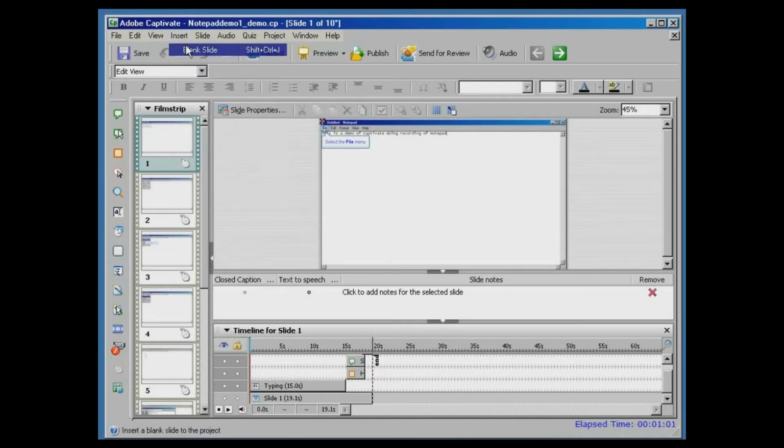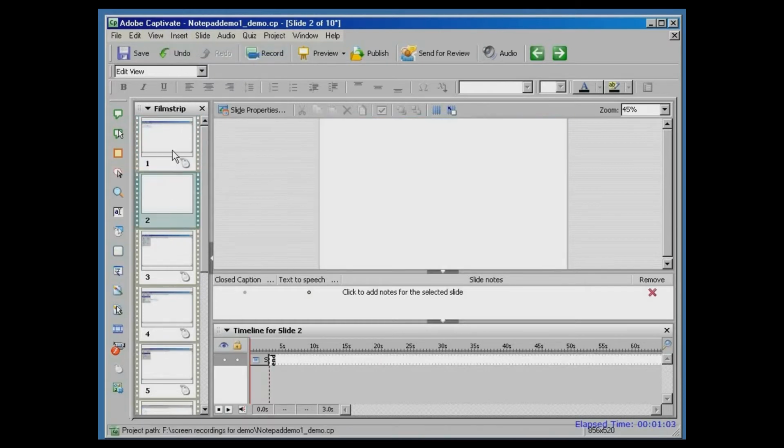So I'm going to go here and I'm going to insert a blank slide. It has put it in place after number 1, so I'm simply going to drag and drop. Then I go to this blank slide. This is the slide that I inserted, and